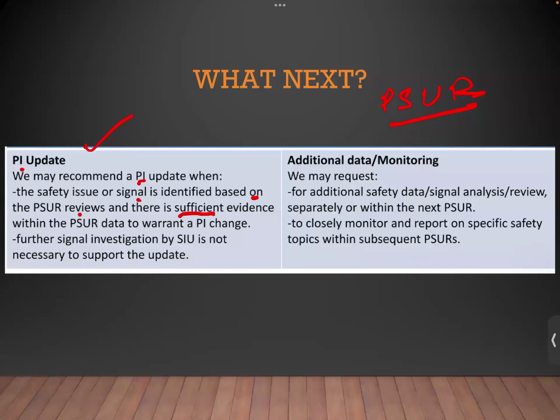One change can be that maybe a diabetic person should not be taking it, maybe a hypertensive patient should not be taking it. Any update can happen. Further signal investigation may be necessary before updating. Or they may say that we need to do a small study to confirm that. Or maybe they suggest additional data monitoring. They may suggest waiting for more safety data and more reviews, so that in the next PSUR